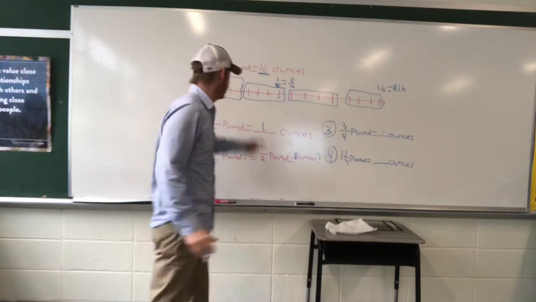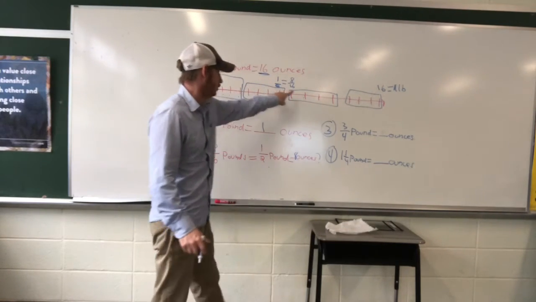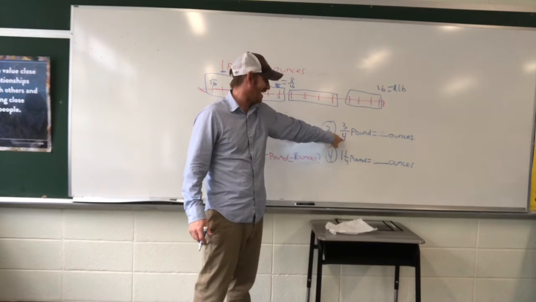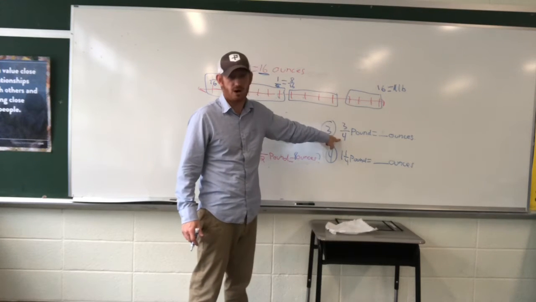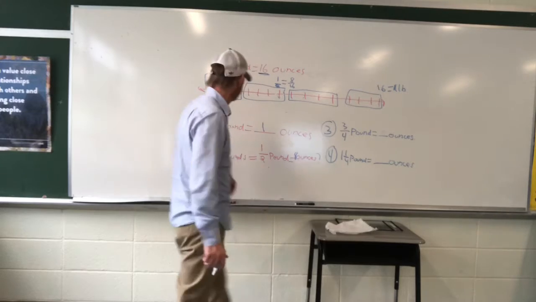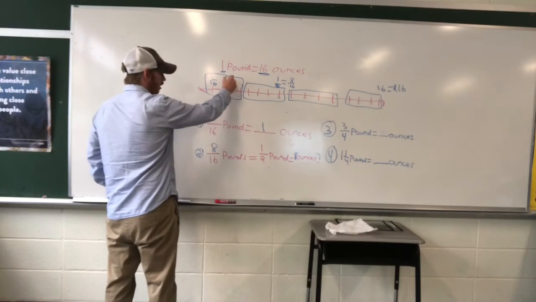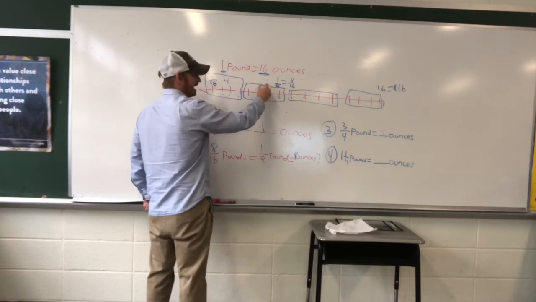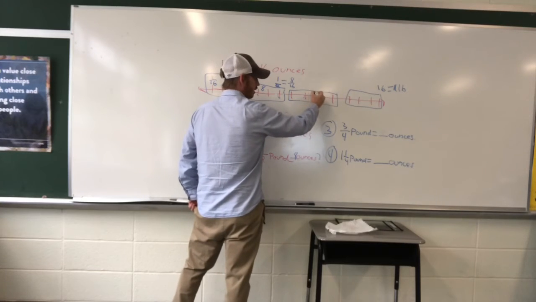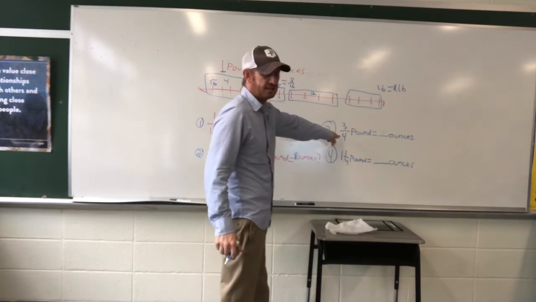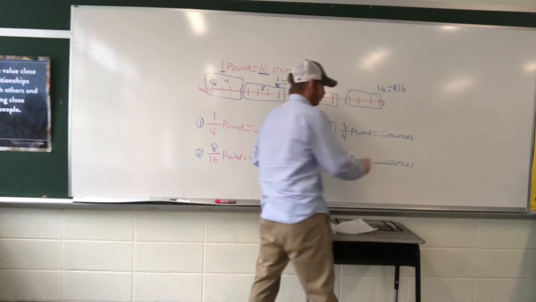So now I've broken it up into 4ths. And I have 3/4 of a pound. So 4, 8, 12. 3/4 of the pound is going to be equal to